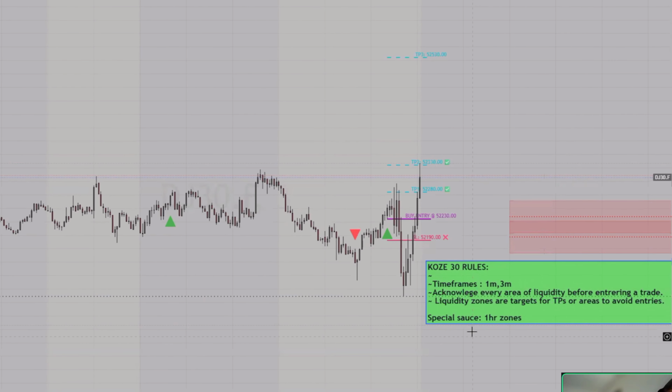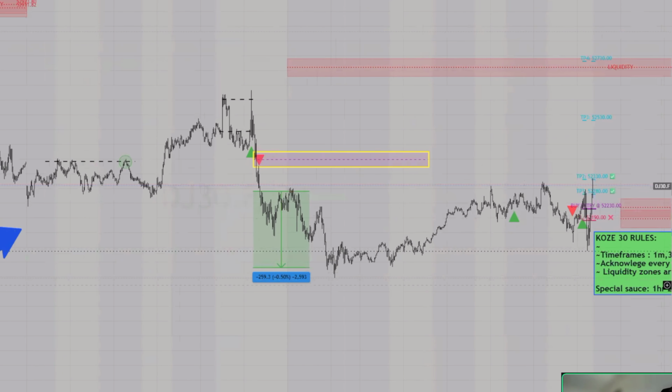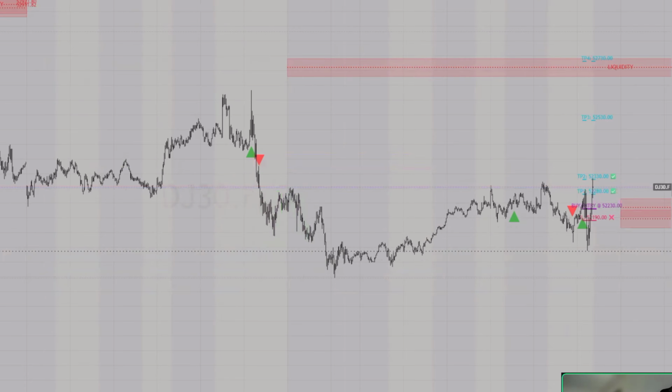All right. Now I do have the special sauce. The special sauce for Koze rules, for Koze 30 rule, is going to be identifying your 1 hour zones. I'm going to show you that right now. I'm going to remove all these drawings and let's drop over to the 1 hour